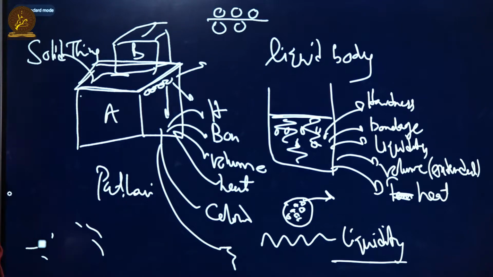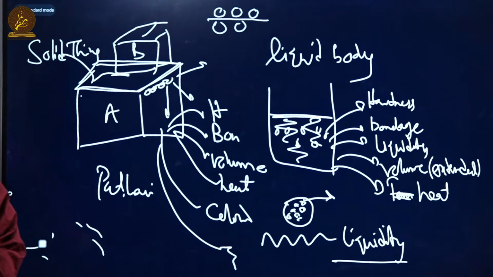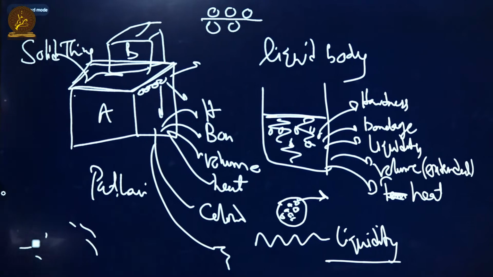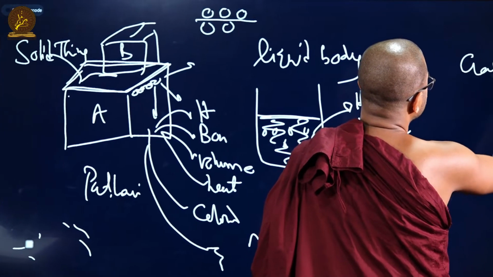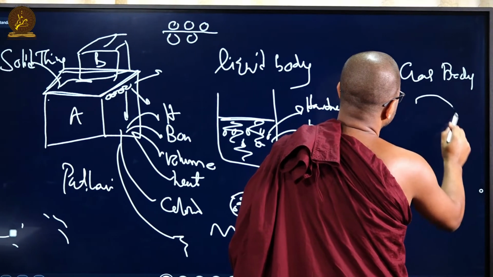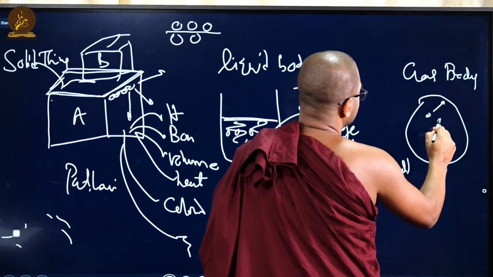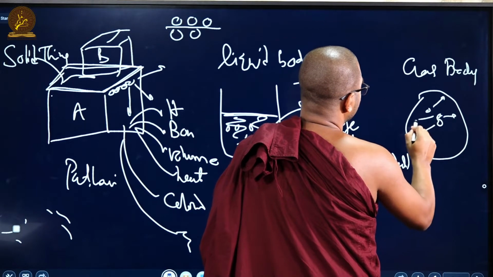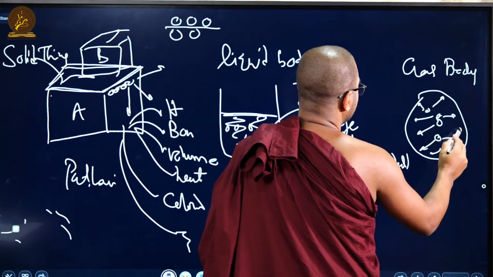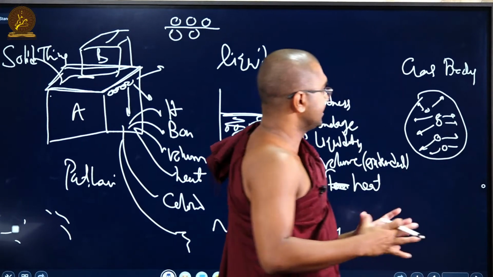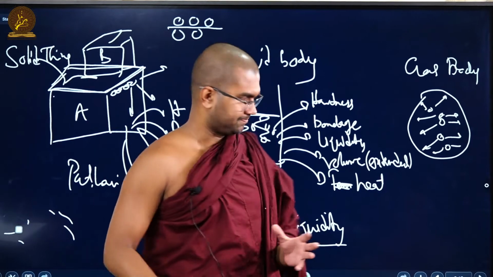So likewise, now looking into a liquid, we can understand the hardness in it, heat in it, the expanded, the extended nature, the flowing nature, and also the heat within it. Then we come into another body called gas bodies. We can think a gas exists in a certain space volume. It doesn't have a specific shape like the liquid, and it is more scattered. The particles are more scattered in the space.